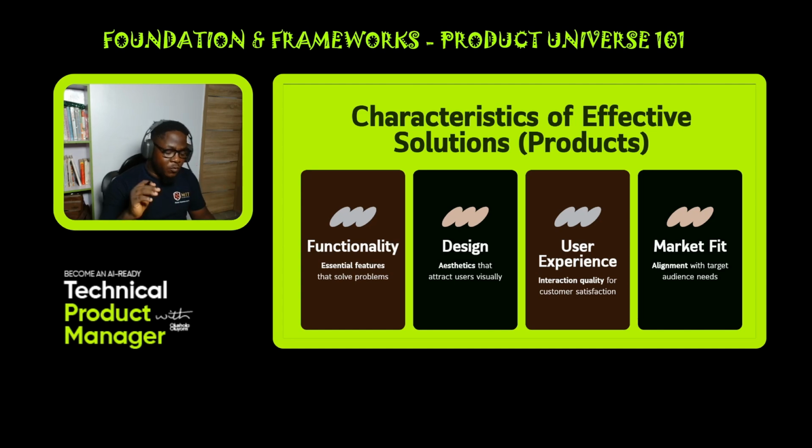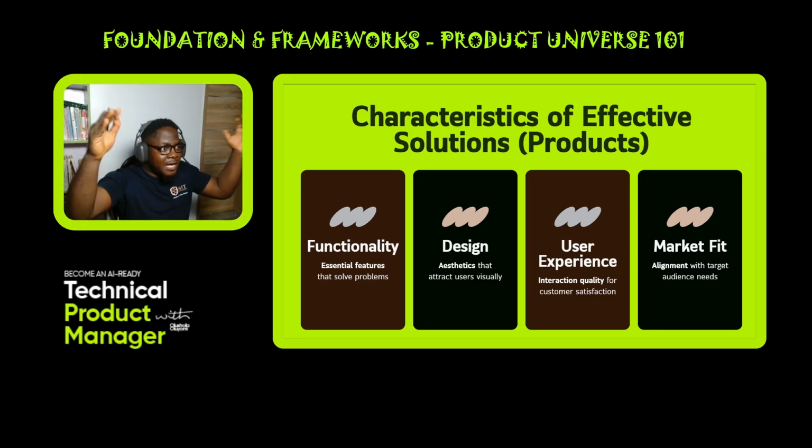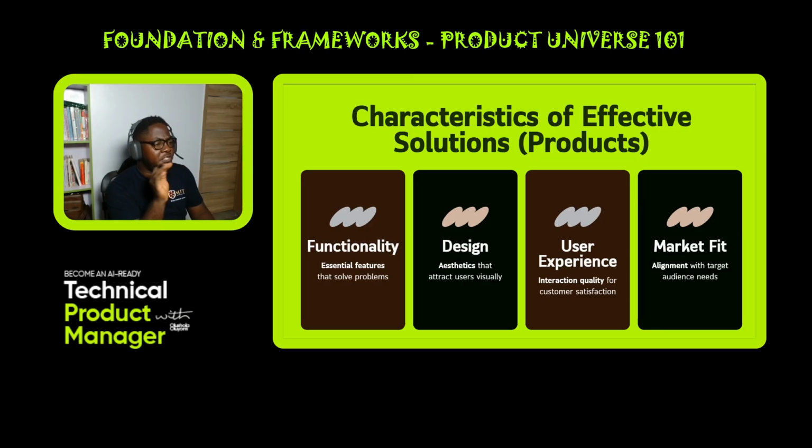Why is it that when I try to log in and I'm not able to, the system is supposed to show red? I'm shouting bang, bang, bang, but it's not showing red, it's just showing one yellow error. Why is it yellow? Why not red? Why is it amber? So these are the consciousness that you have to have as a product manager. I don't know if that makes any sense.